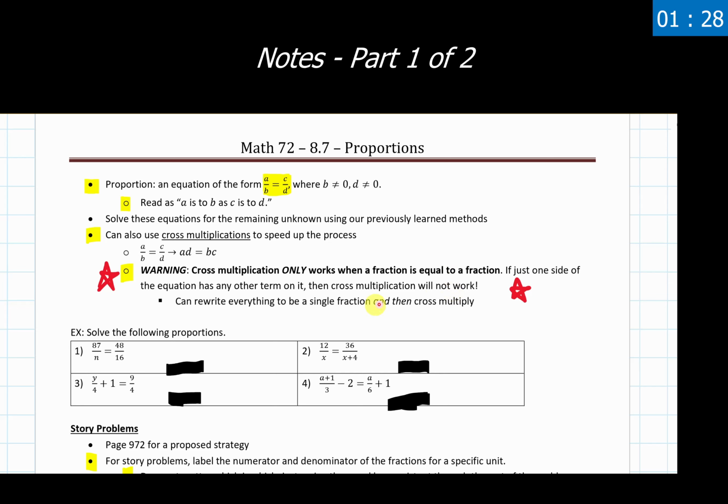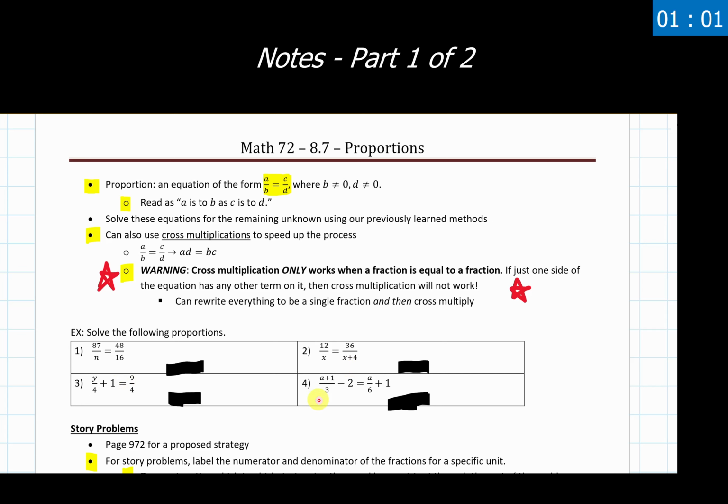So what I mean by this, and we're going to go through these 4 examples in a bit more detail, but to really highlight this, notice how in our first 2 examples we have a fraction equals a fraction. We can use cross multiplication here. We have a fraction equals, admittedly, a grosser looking fraction, but everything is still contained inside of one fraction, so I can use cross multiplication here.